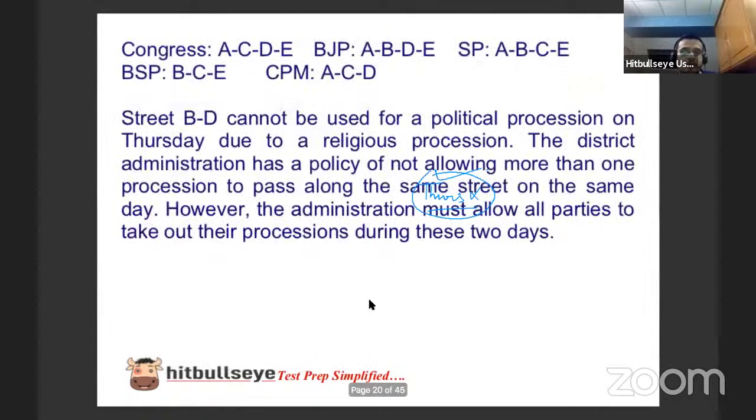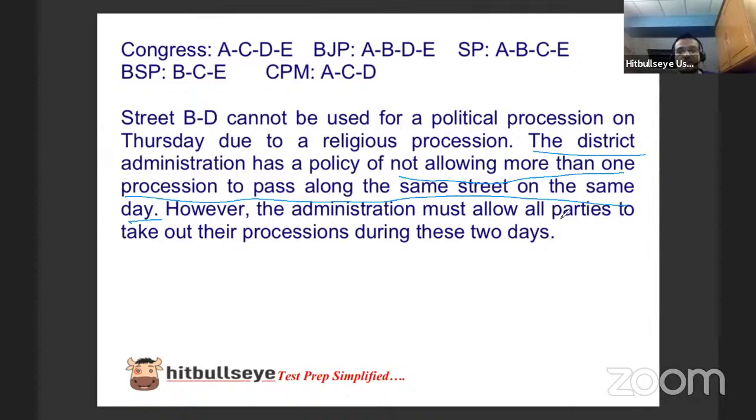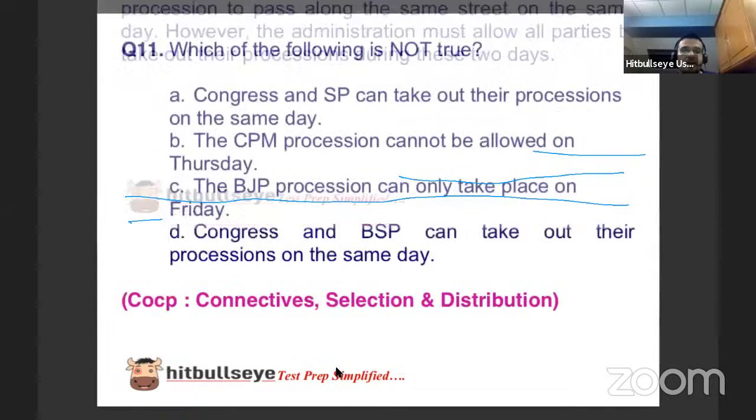And the district administration has a policy of not allowing more than one procession to pass along the same street on the same day. That is a very important point to be noted. You cannot have more than one procession along the same street on the same day. However, the administration must allow all parties to take out their procession during these 2 days. So the important point is, how can we cover all the parties,